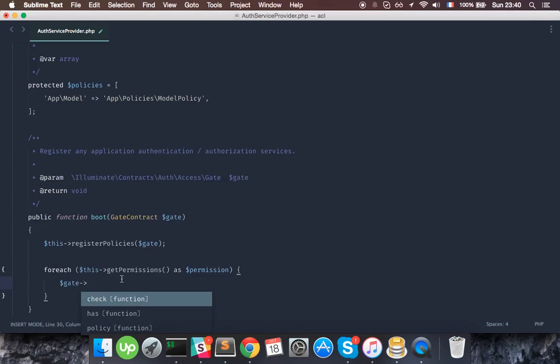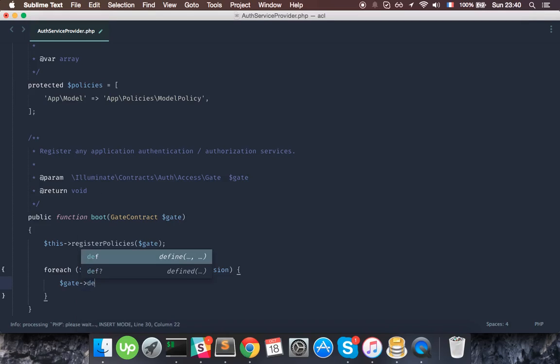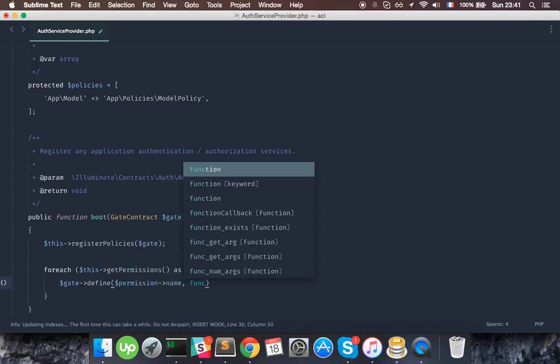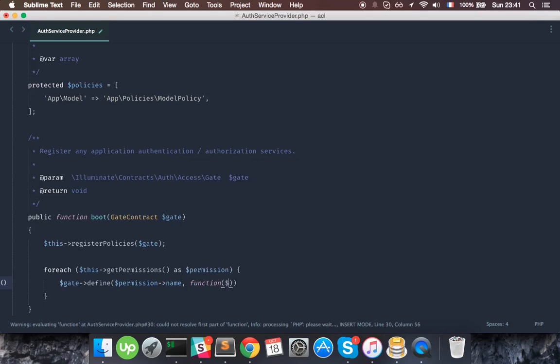This is the ACL component of Laravel, and it has a function called define, and it accepts the permission that we want to check for, which is the permission name. We want to check for this permission, and the second argument is a callback function, and the callback function gets the user, the current logged user,